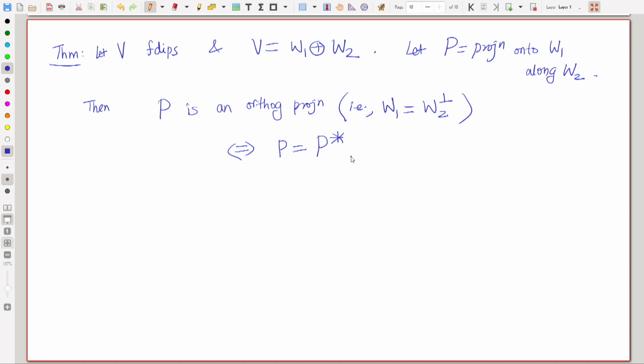So let us prove this statement. It's very easy to prove. So here's the proof. Let's prove both directions. Suppose P is an orthogonal projection. Okay, so suppose W1 is in fact perpendicular to W2. So rather, I should say, if W1 is equal to W2 perp,